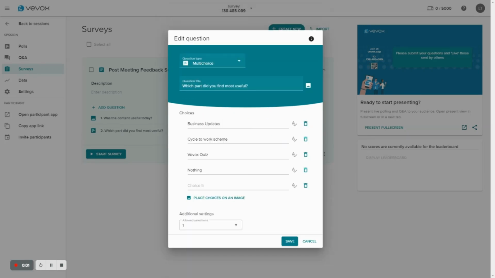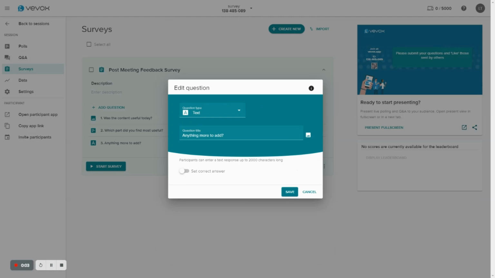Now, question number 2 is finding out specifically which part of the meeting your audience found most useful. So I've just gone ahead and done another multi-choice type question with this title: which part did you find most useful? The final question I've added to this post-meeting feedback survey is an open text question type with the question